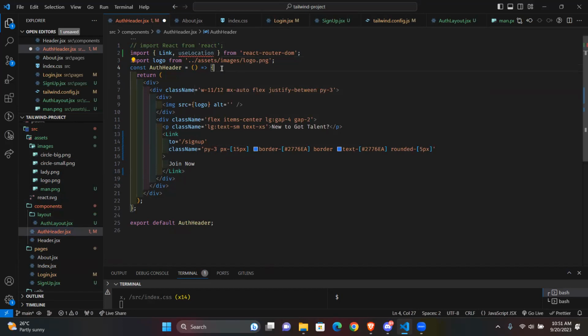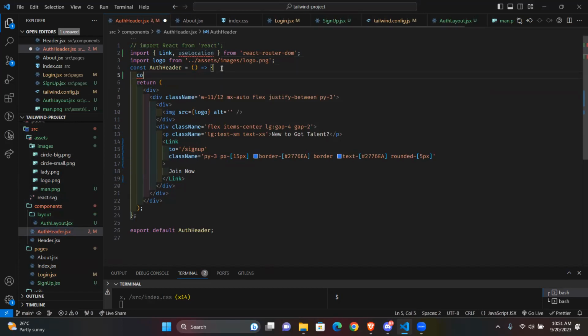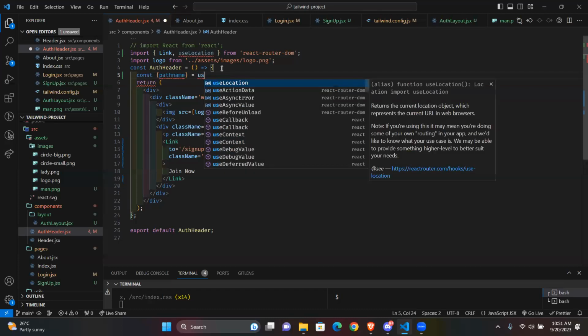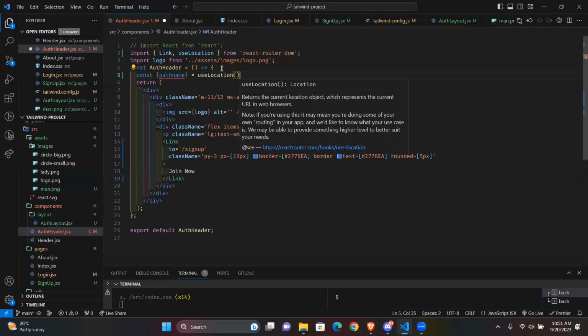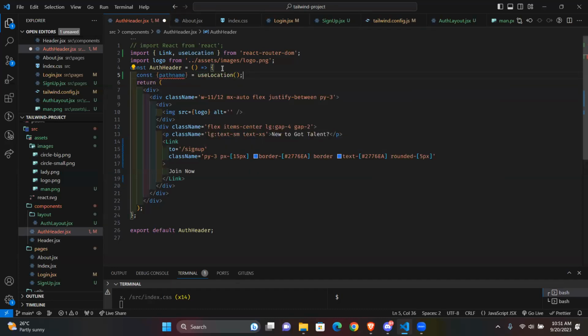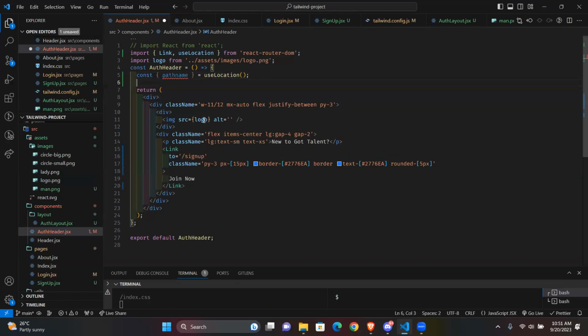Then we get const pathname, also useLocation. Okay. And then what we are going to do here is,